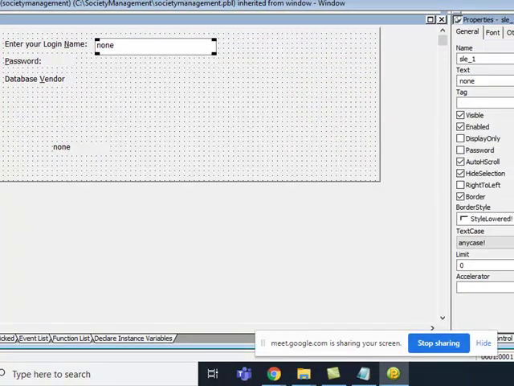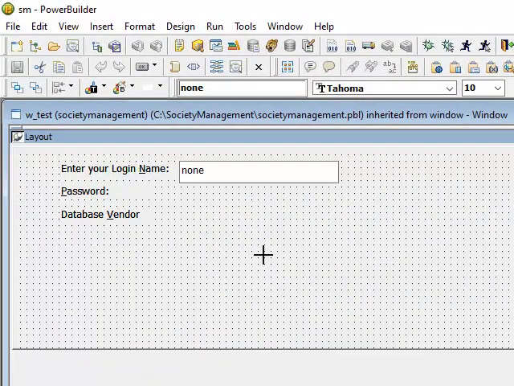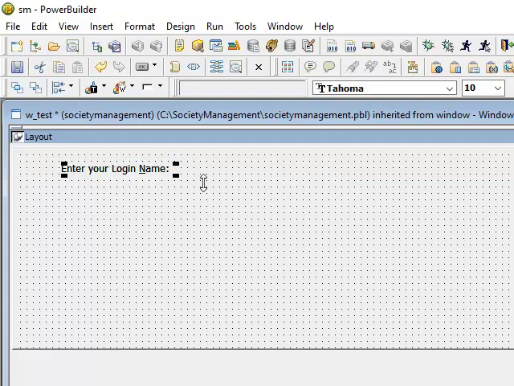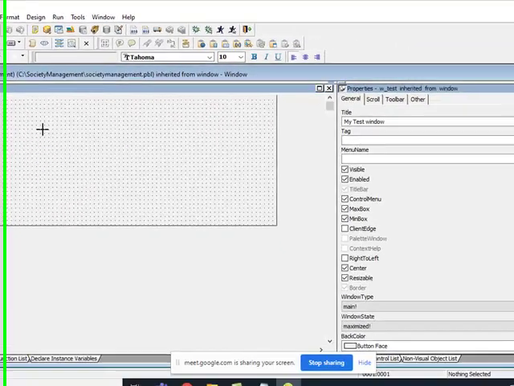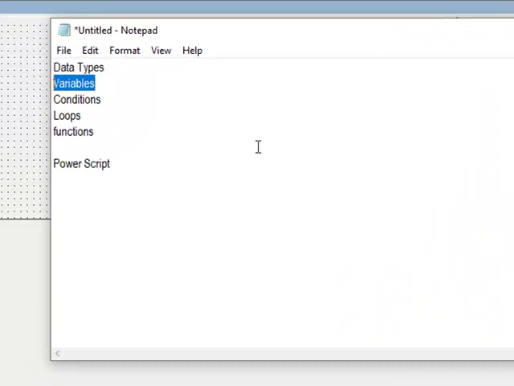Now let's learn. I'm going to delete, I deleted all these things. I started with variables, and then we have conditions, loops, and functions, and this PowerScript. So we are going to learn some interesting things like PowerScript.